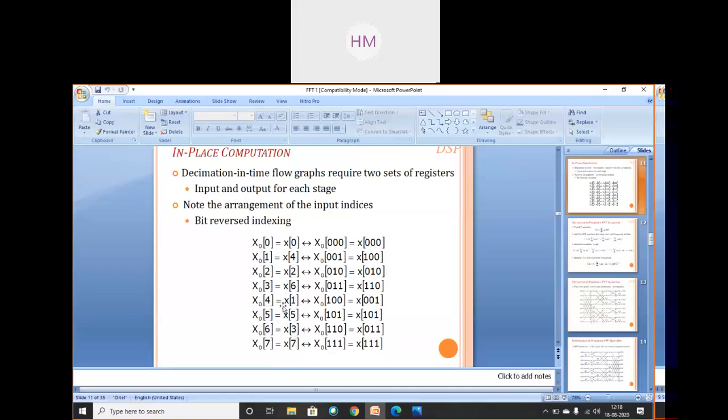So if I'm using this type of bit reverse indexing, then it is known as decimation in time flow graph. Here I am doing decimation in the time domain. So the time domain bits are reversed at the input side and the output frequency domain will remain as it is. When I change the time domain, I call it decimation in time. The output will remain in the same sequence, X of 0, X of 1 to X of 7.